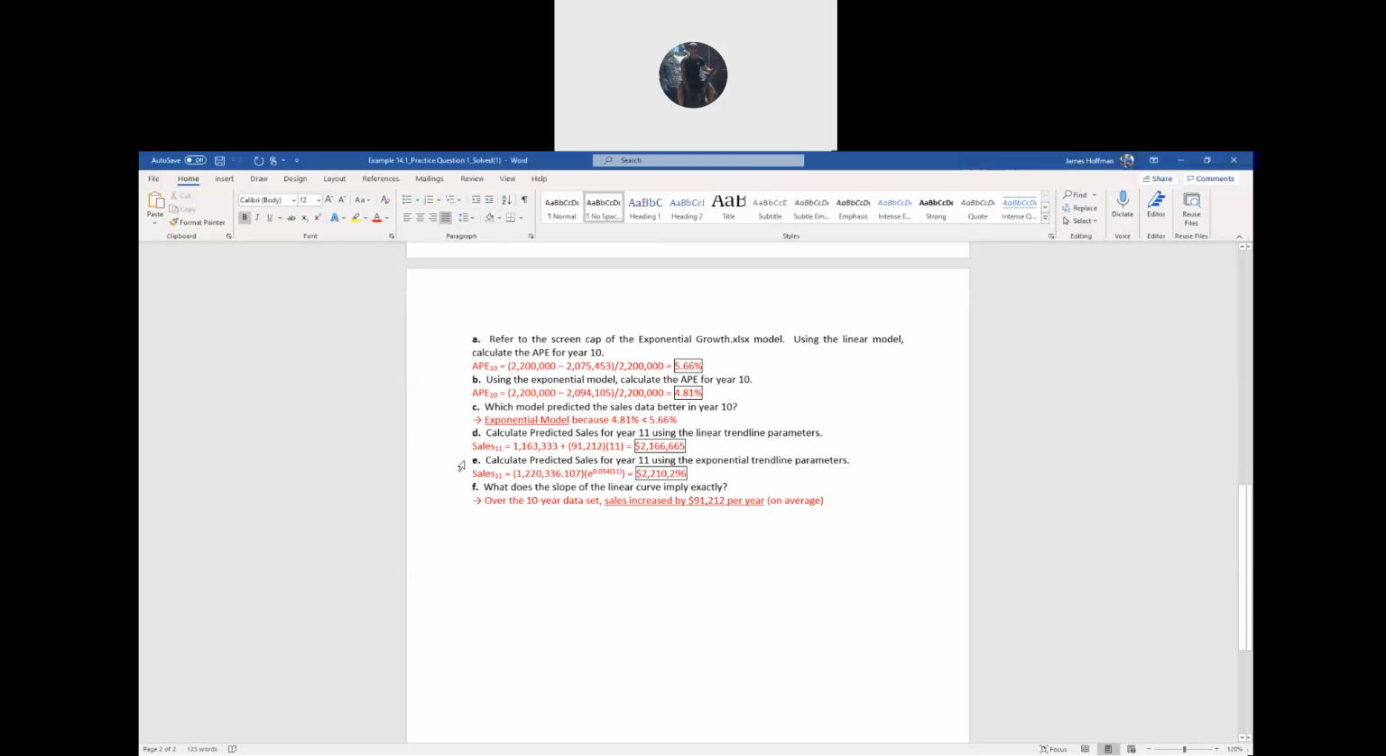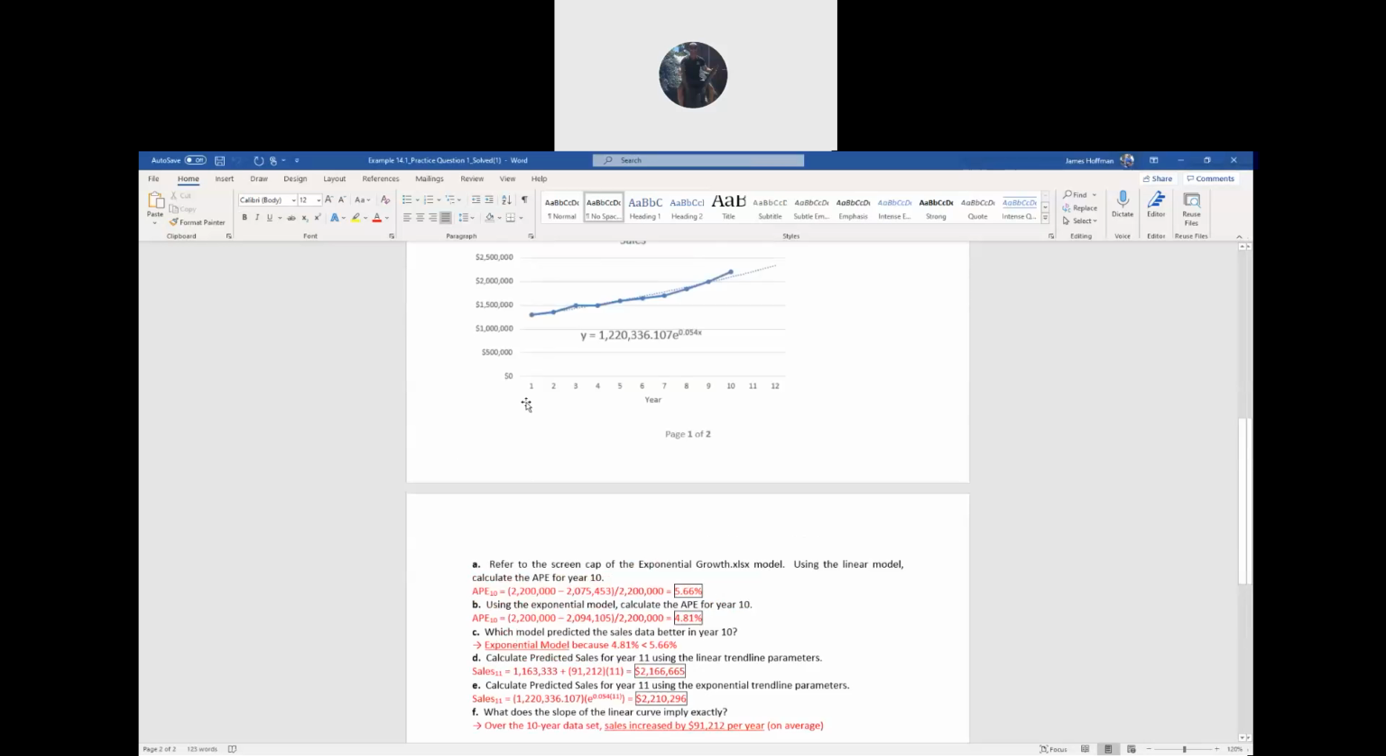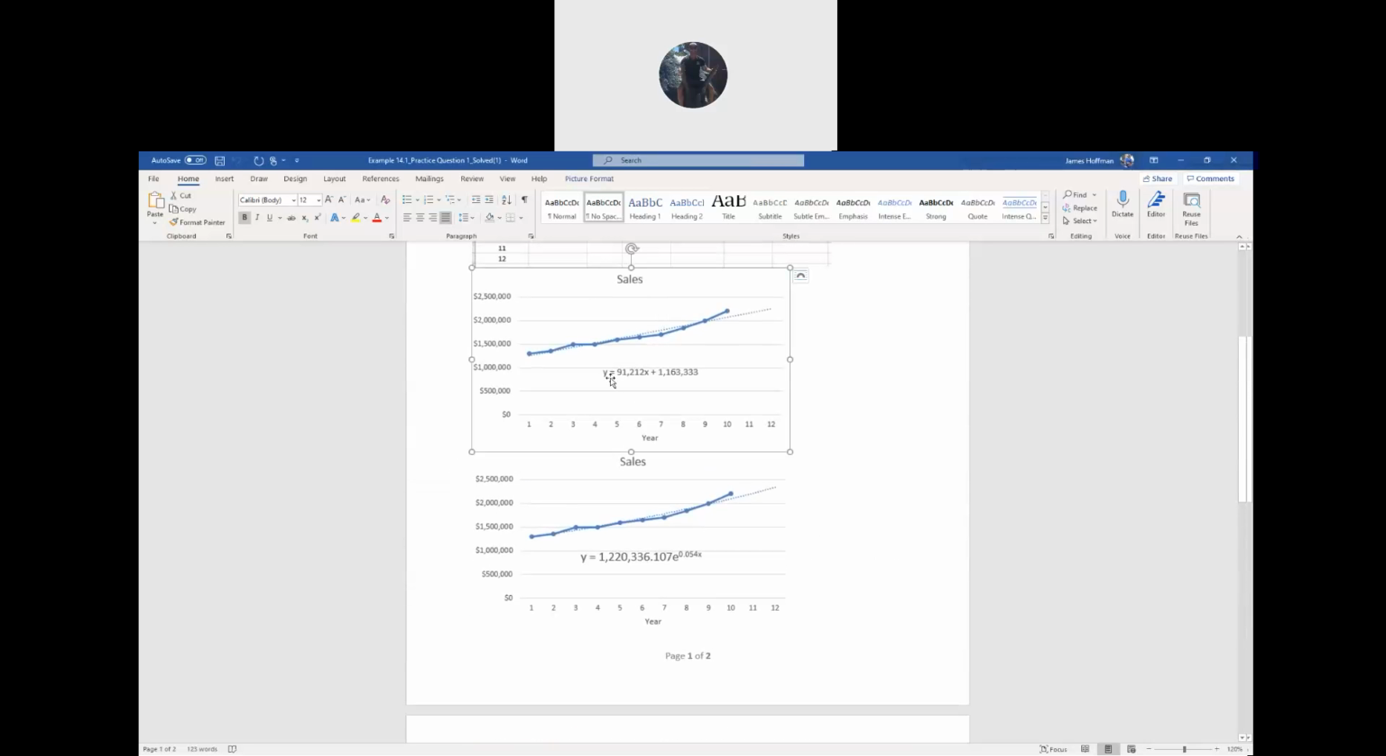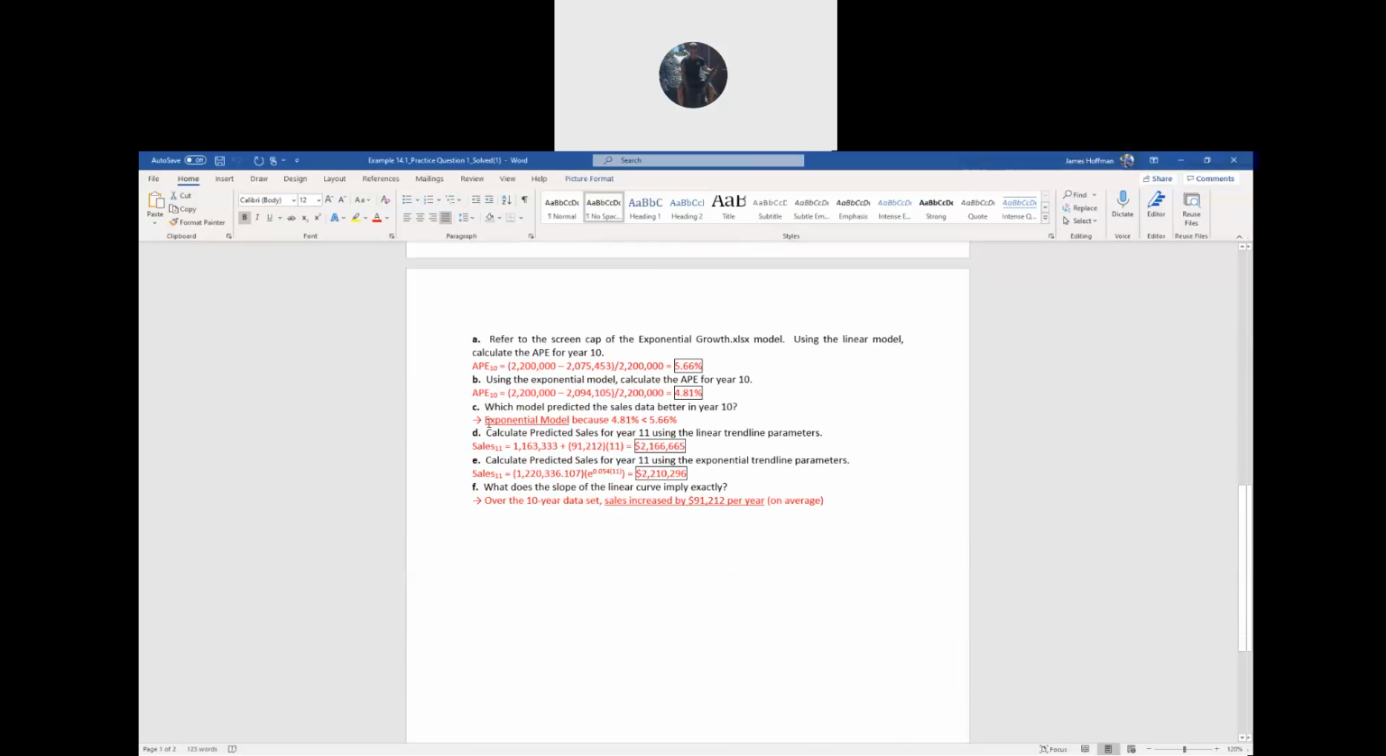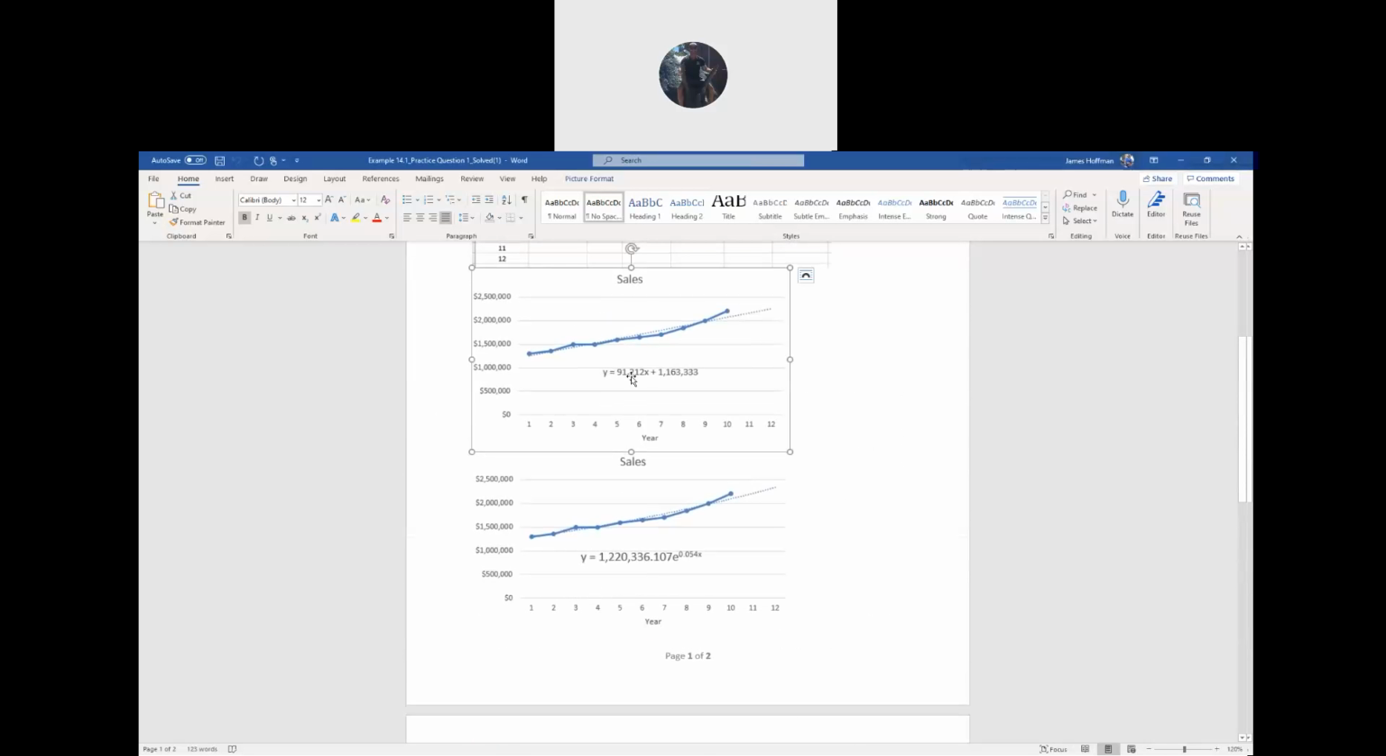Part D: calculate predicted sales for year 11 using the linear trendline parameters. So all you gotta do is, here's our linear equation, so use that equation and just plug in x. Type out this equation. I usually start with the intercept, so 1,163,333 plus